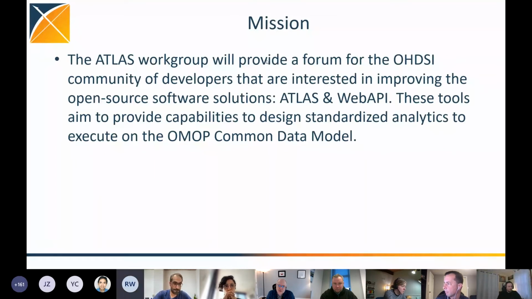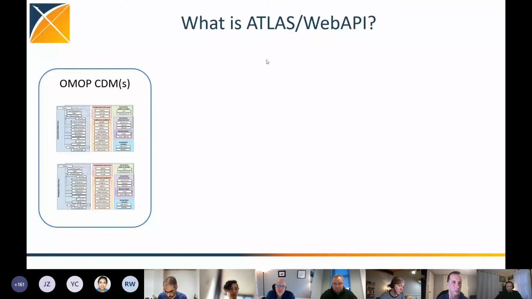And since our working group has a technical bend to it, I wanted to just take a moment to remind folks that may not be familiar with the architecture involved with Atlas what the key components are and what technologies are involved. So to start, it all starts with the OMOP Common Data Model. So you need to have at least one or maybe more databases converted to the OMOP CDM. Once you've reached that milestone, you can start to install the other parts of the tool stack, which